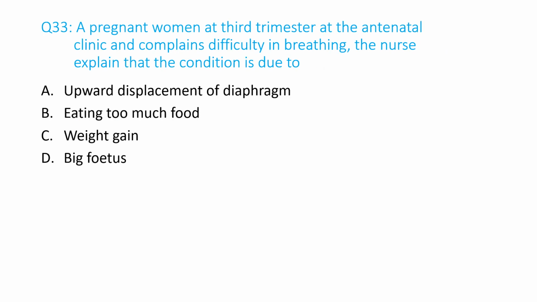Question number 33. A pregnant woman in the third trimester at the antenatal clinic complained of difficulty in breathing. The nurse explained the condition is due to A. Upward displacement of the diaphragm, B. Eating too much food, C. Weight gain, D. Big fetus. And the answer is